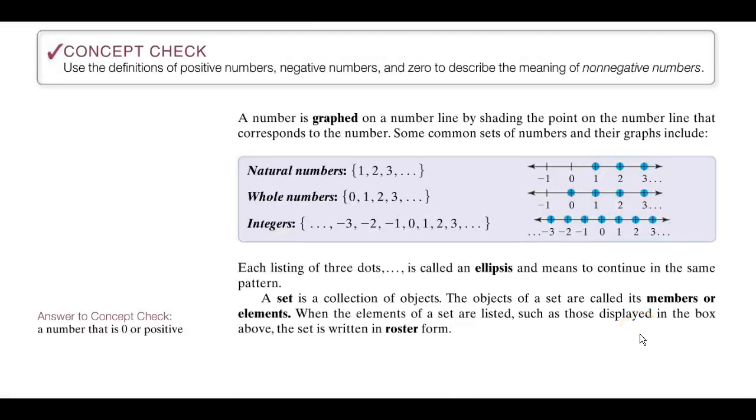And we see it here. They have put dots on 1, 2, 3. Now they also use this little helper, these 3 dots that are referred to as an ellipsis, that indicates that this pattern is continuing. Now, again, these are the counting or natural numbers, and this is a way to write it in what we call